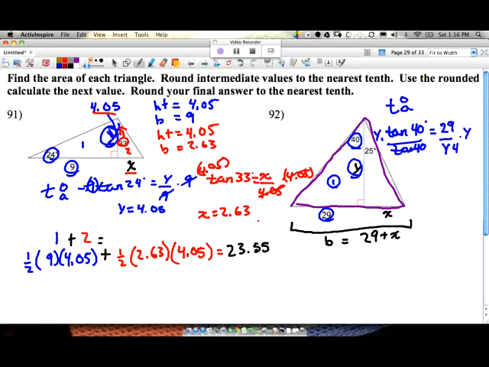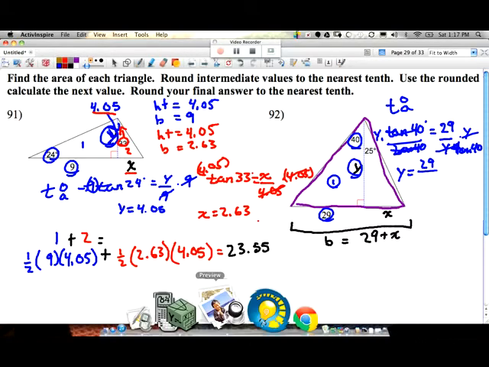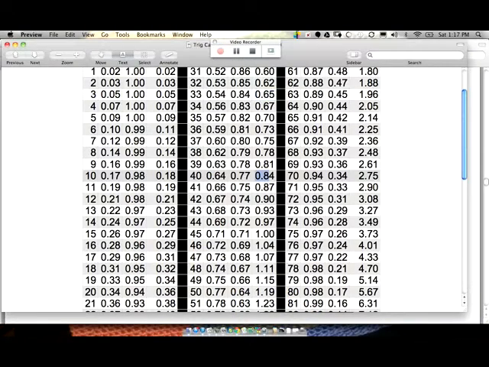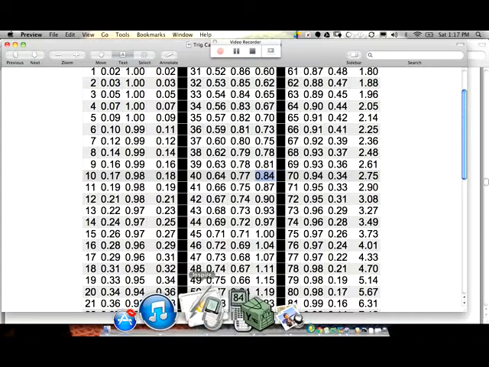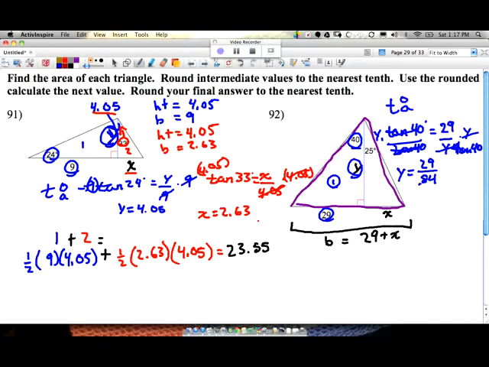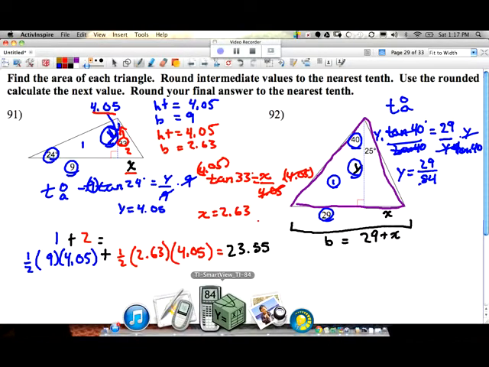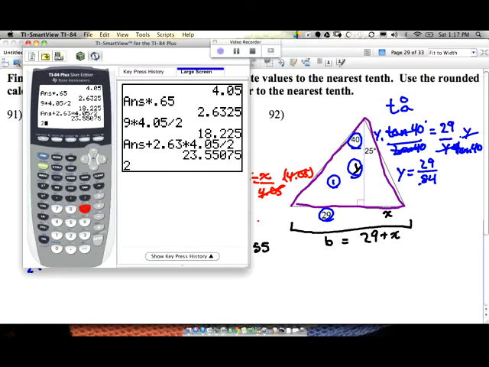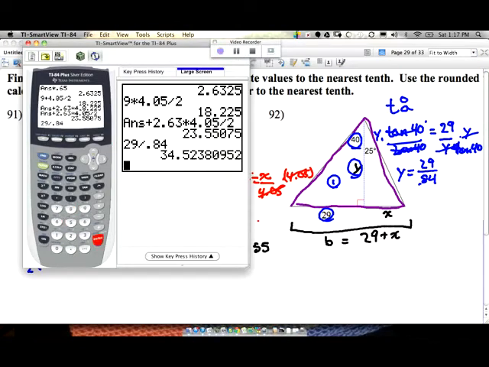So y equals 29 divided by tangent 40. Tangent 40 would be 0.84. Looking for this part right there. 0.84. Relation would be 29 divided by 0.84 gives us 34.5. And now we're going to use that value because this right here is 34.5 for the vertical, but we